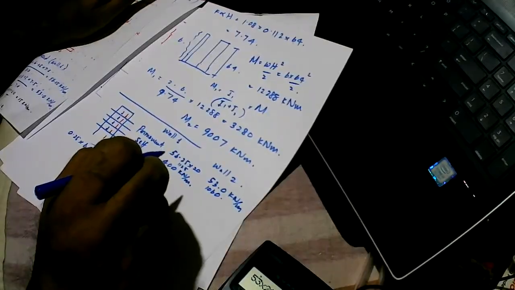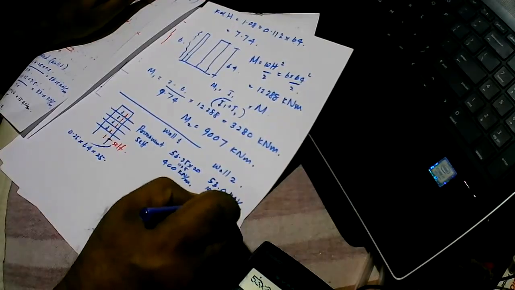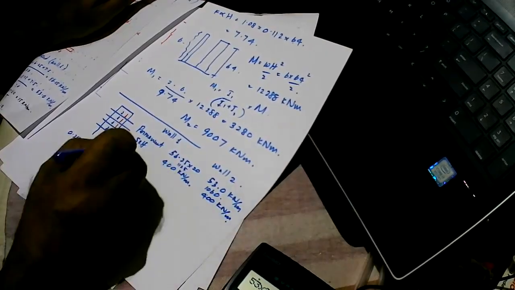Self-weight is the same, 400 kilonewtons per meter, and the live load